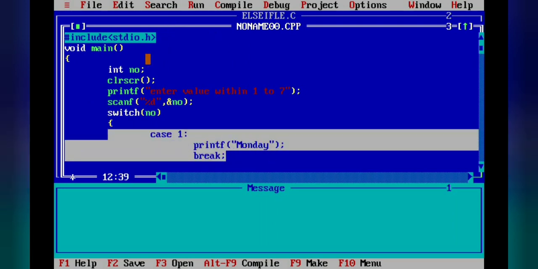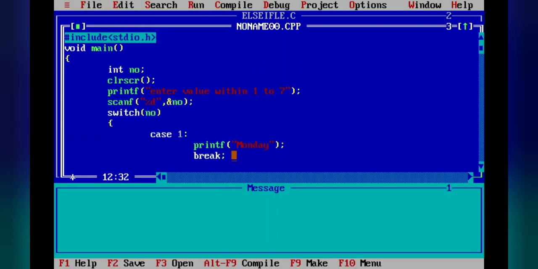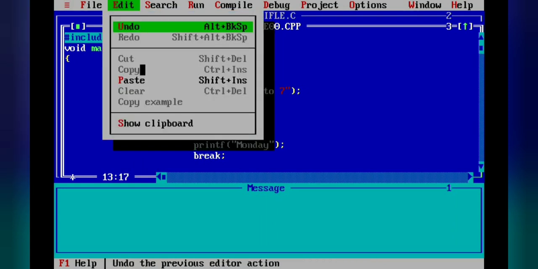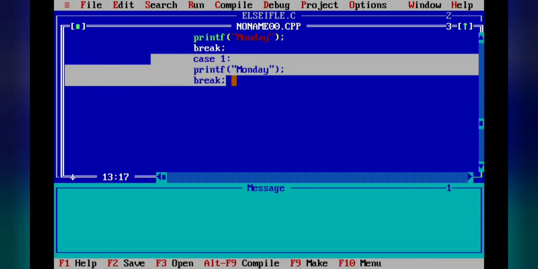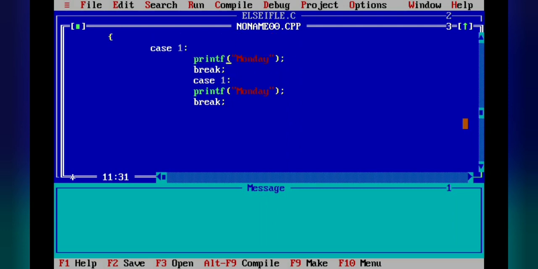So this we have to write 7 times, so I am using the copy paste operation. In the edit menu we have copy, and now here we will take the cursor and use paste. Just the value we have to change over here. So this is case 1.